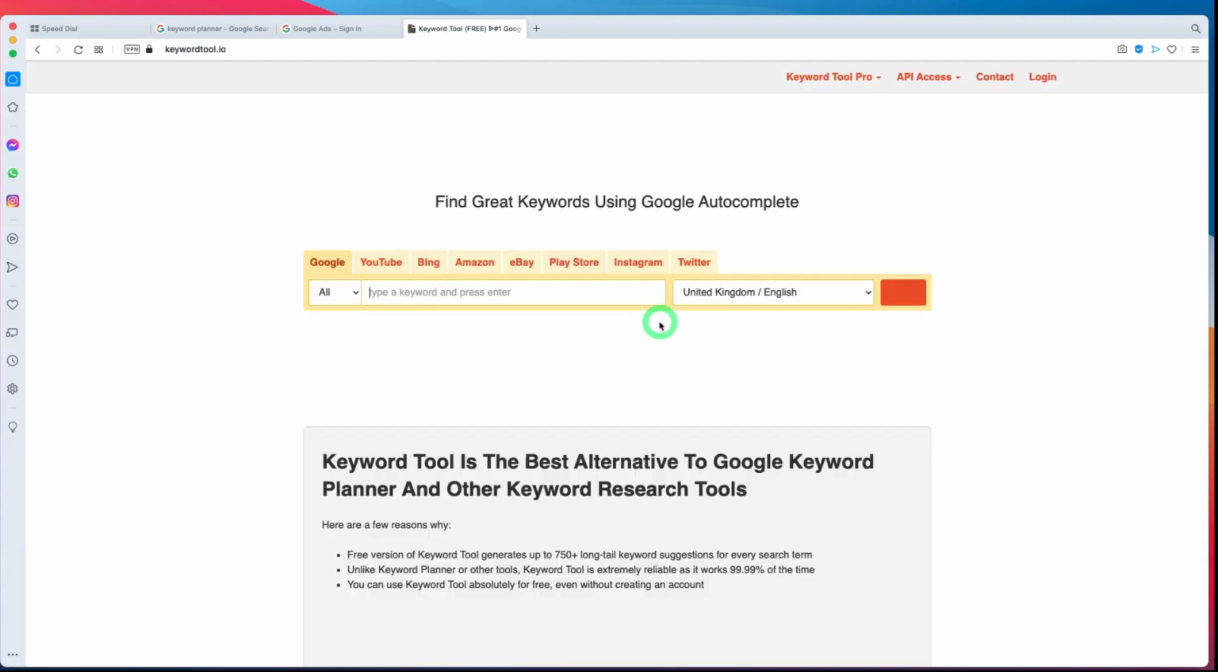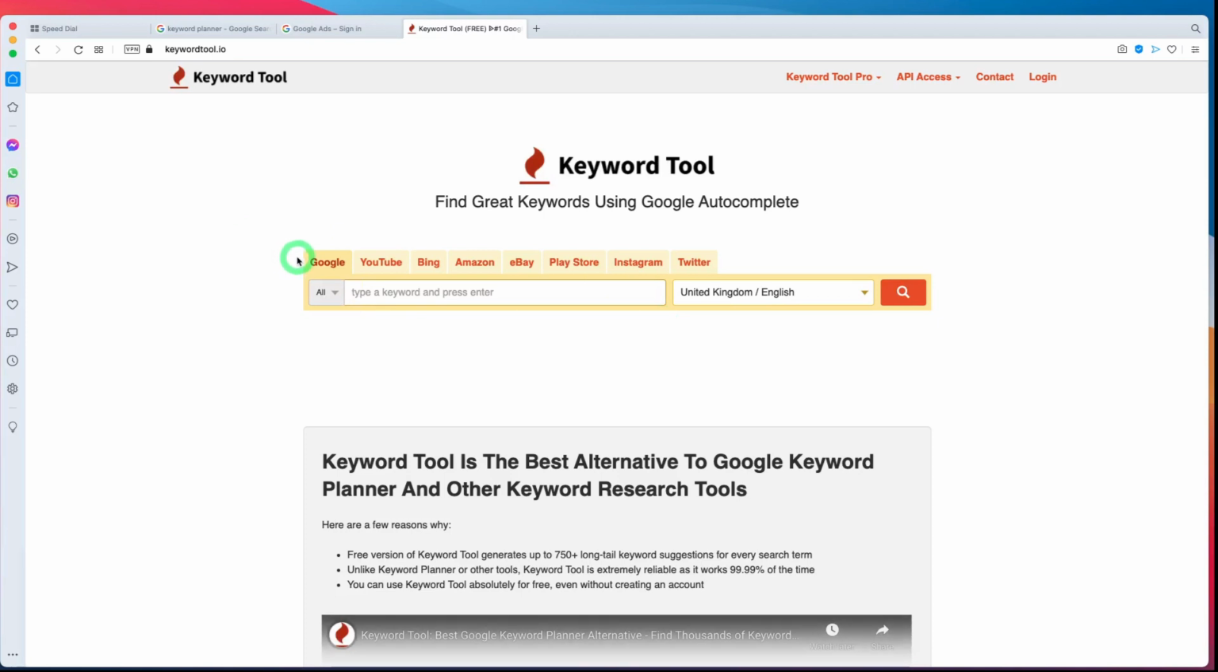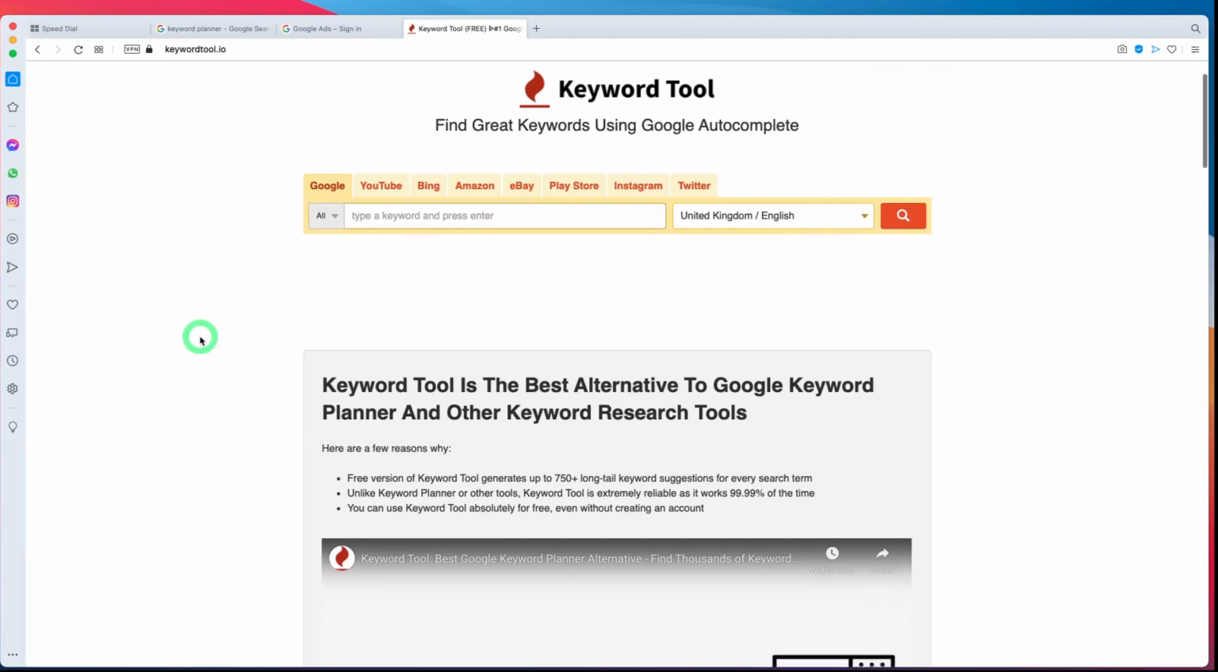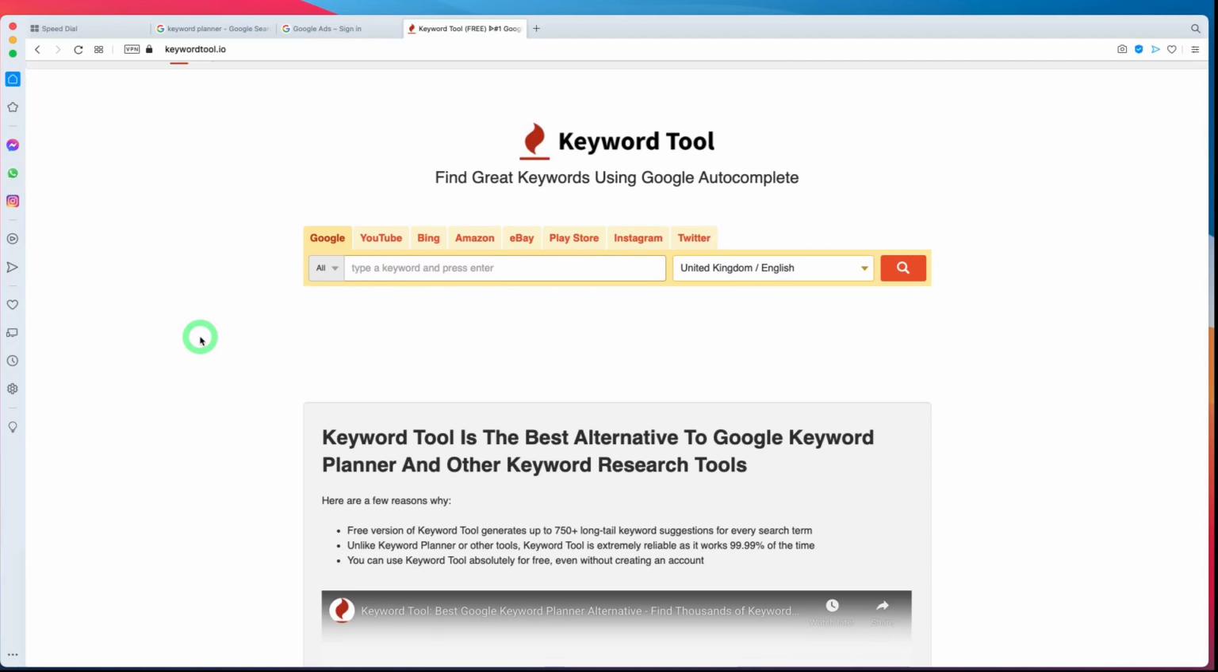Now, Keywords.io is able to grab keywords from Google, YouTube, Bing, Amazon, and eBay. So it has a wide range of sources where it grabs keywords from, and it can be very useful when you're doing research. Okay, so just as an example, let's type in red women's